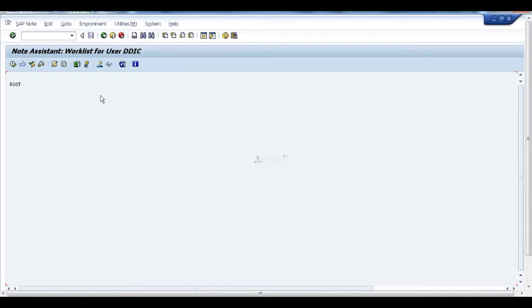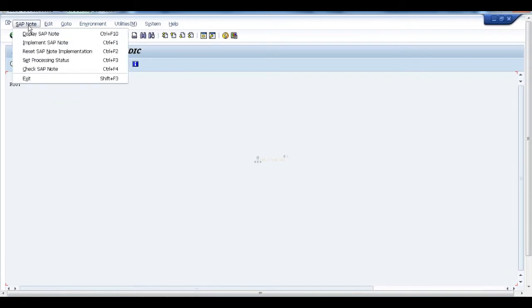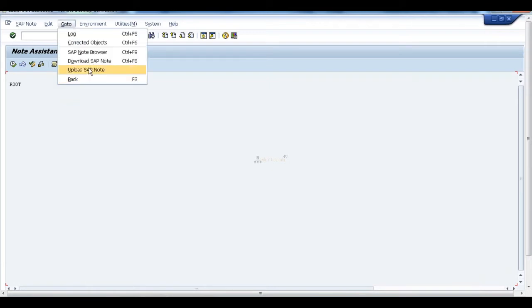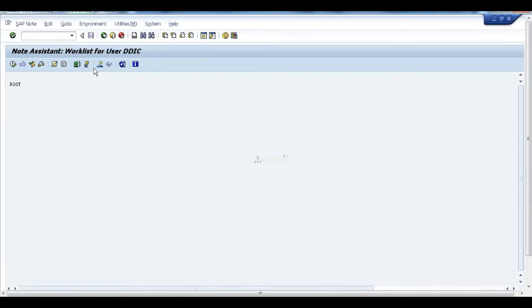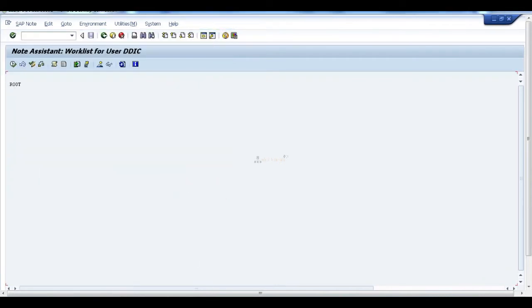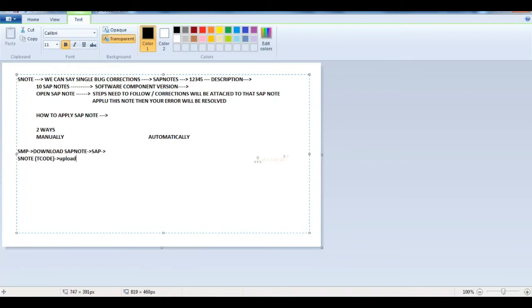So this is my S-Note T code. Go to SAP Note, go to upload. We need to upload the SAP Note. It will ask you where is my SAP Note. Upload the SAP Note.